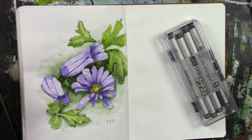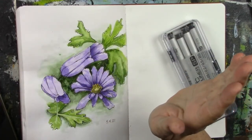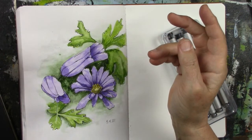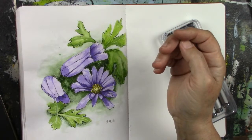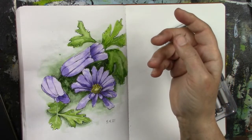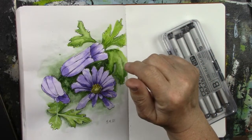All right. So get your stuff out. Doesn't have to be perfect. Doesn't have to be expensive paints. If you got kids paints, use that. If you have acrylics, use acrylics. If you have markers, scribble a marker on a piece of plastic and then use a paintbrush and paint with that. There's all kinds of ways of doing this, and all kinds of different materials you can use to draw like this, and record what you see in the day, or what your garden is, or nature walks, whatever. So get out there and see what you can find and draw it up and paint it, and have a